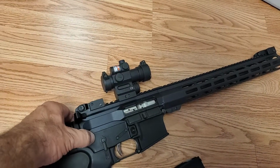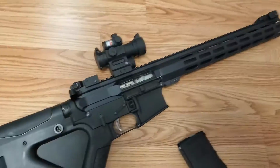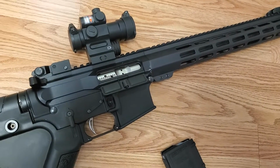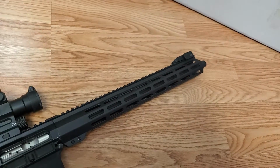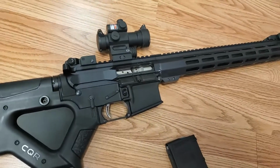All right. Now, why would I do that? Well, to me, that's the heart of the rifle. It controls all the functions. It has to lock in place to contain the cartridge when it ignites. The other thing I did on here that I thought was important later on was, see, once I put this configuration